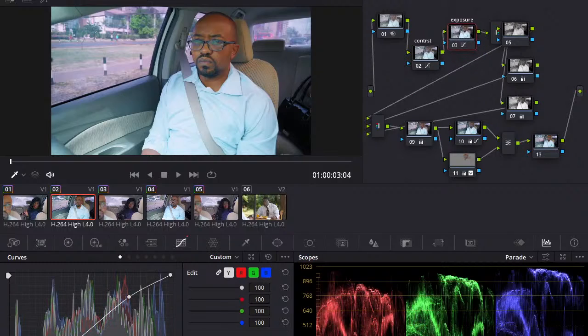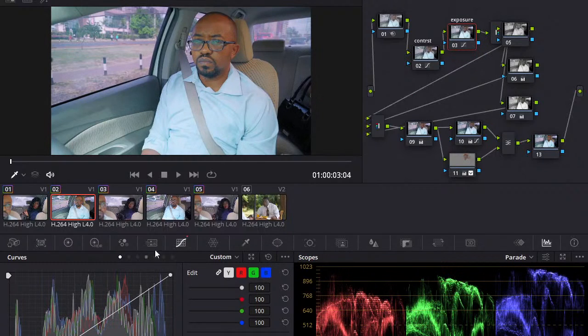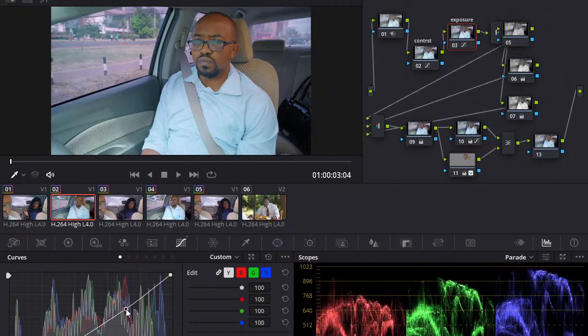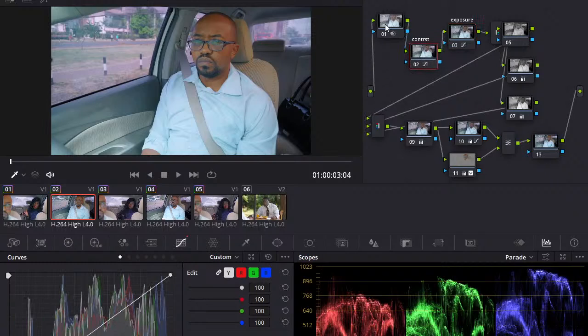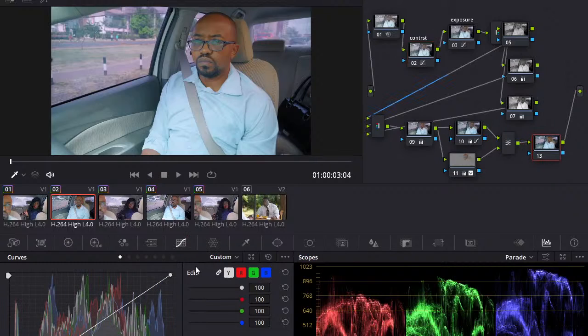Let's look at the exposure. Same case for the exposure. Just make sure everything is kinda okay. And see, the good thing about DaVinci is you can go a step further. See, like this shot, I can see it's losing a lot of its color because it's doing what?